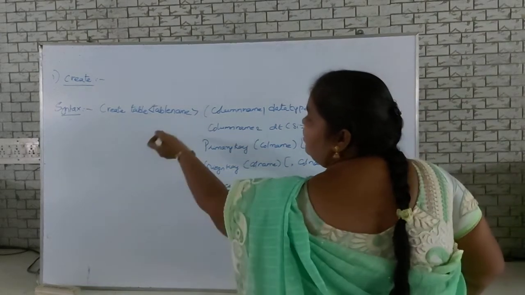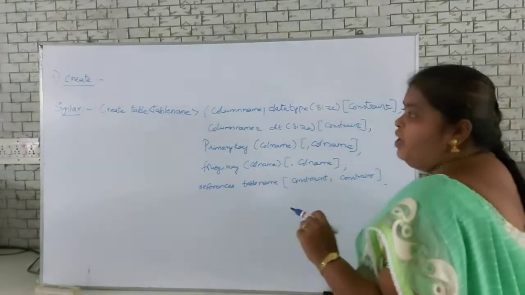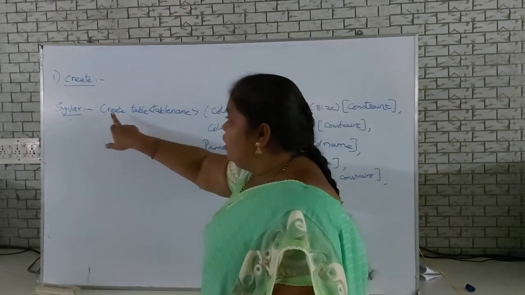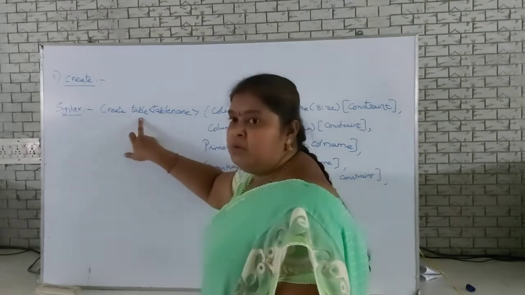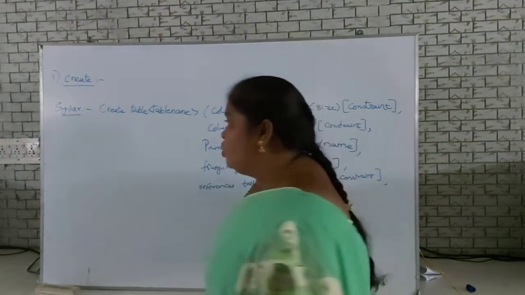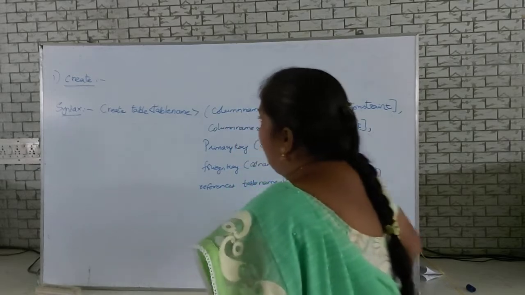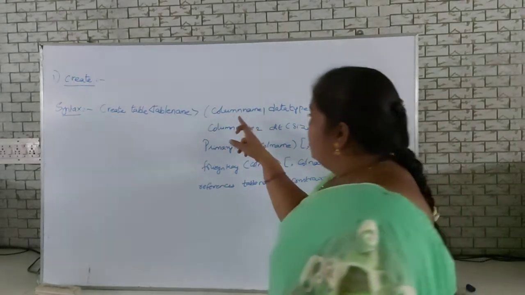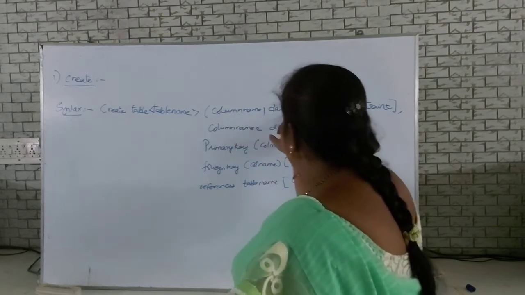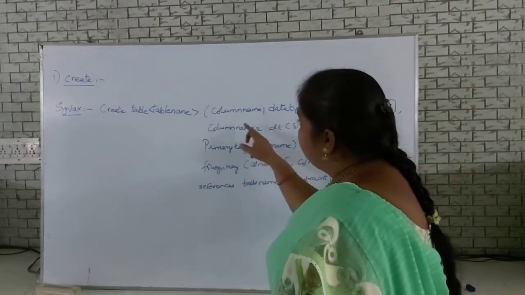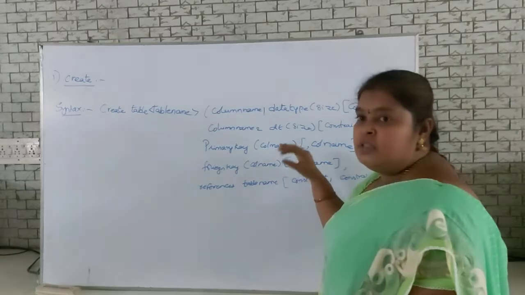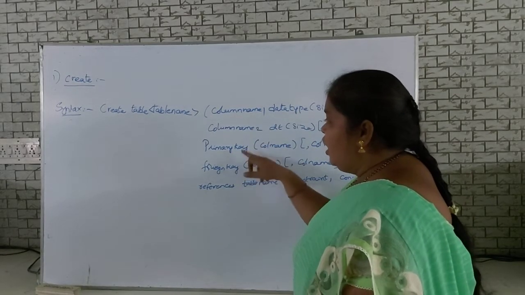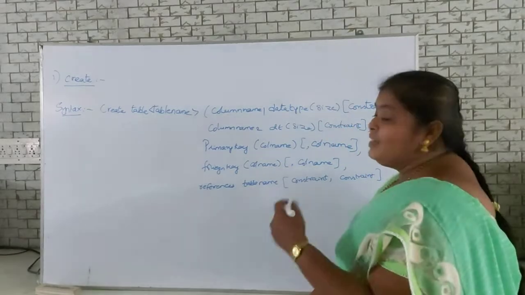So here we first create a table using the command create table. A table contains rows and columns. All the data in the database can be stored in the form of tables only. Next, column name, data type, size, and if you want to write two or more column names, column name 1, column name 2. The primary key and foreign key are used as constraints.